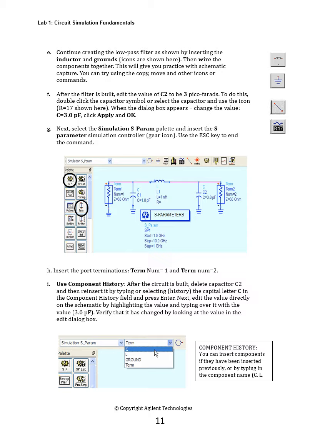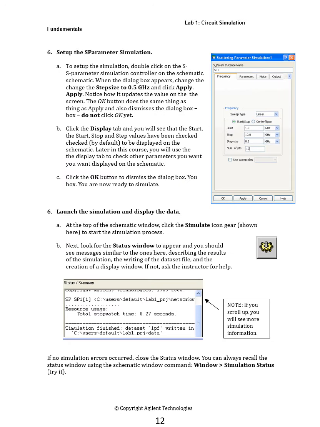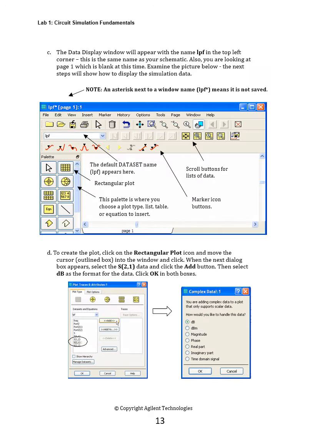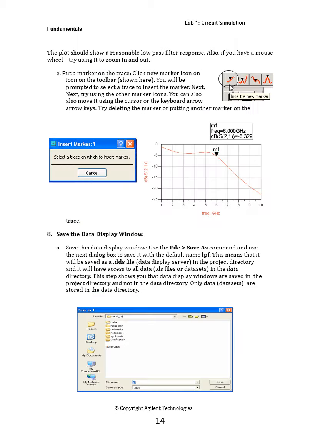Follow the instructions given in the file, use component history and follow the steps. Set up S-parameter simulation at 0.5 gigahertz and apply, and wait for the simulation results. Then we will follow these instructions to complete our experiment for the S-parameter calculations.